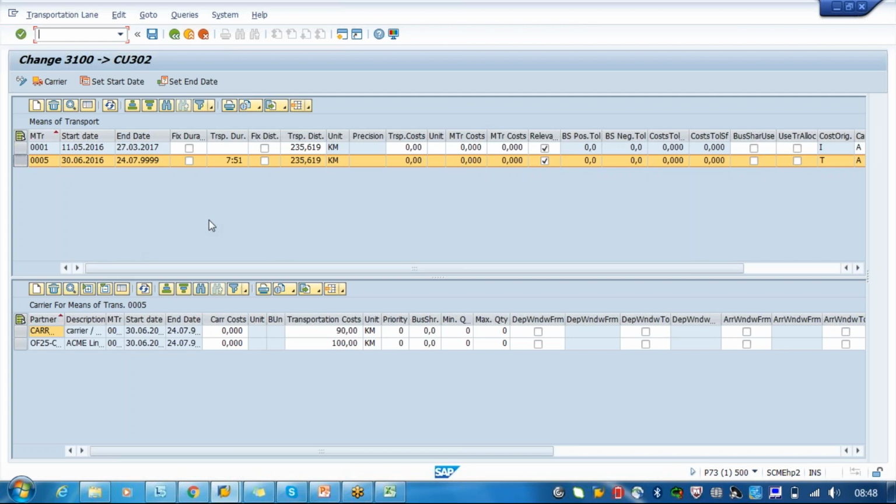Okay, so this is a transportation route only. It's similar to your route, but additionally we are adding the means of transportation and carrier details. So going further, in all of our transactions, this transportation lane will play a major role. In the carrier selection, in the tendering process, in your transportation charge calculation management, in the freight settlement, everything, this will be playing a major role. So that's why you have to make sure you understand this properly.